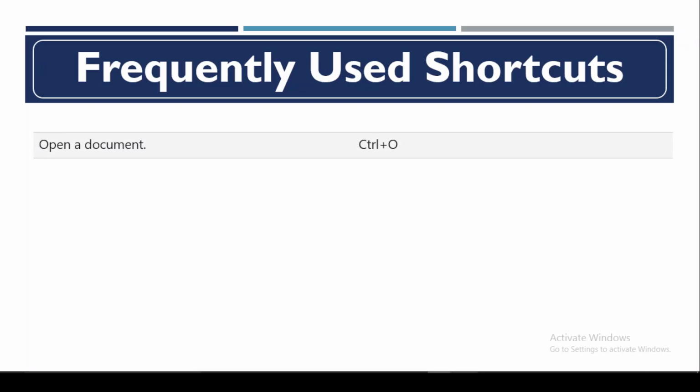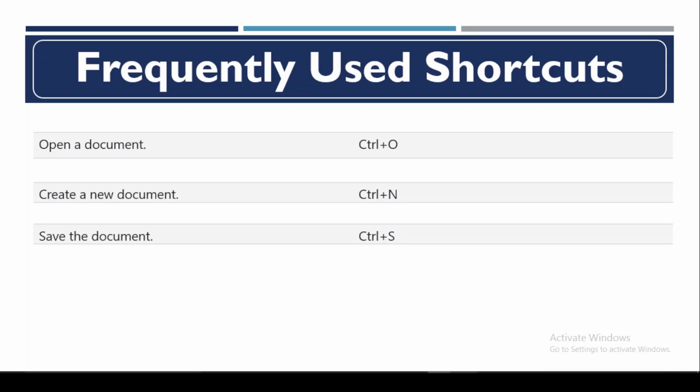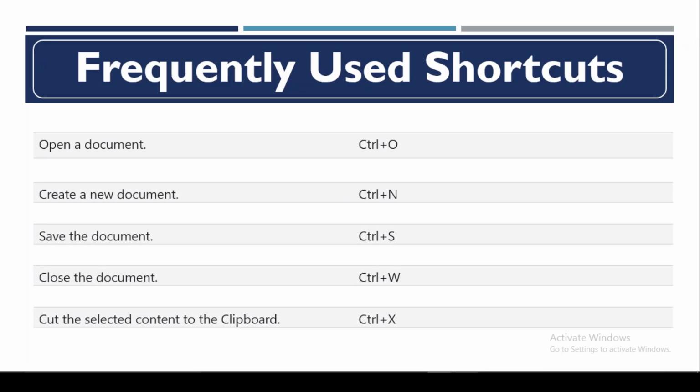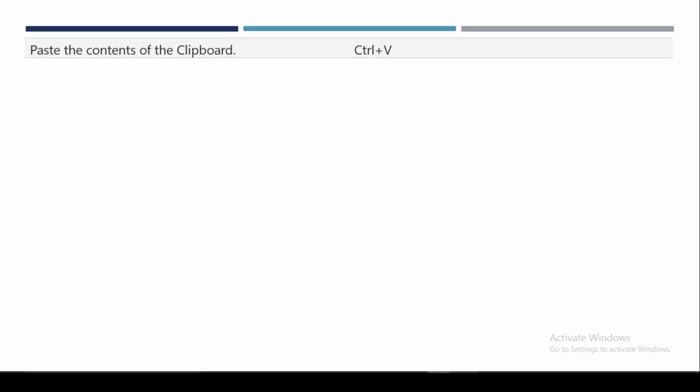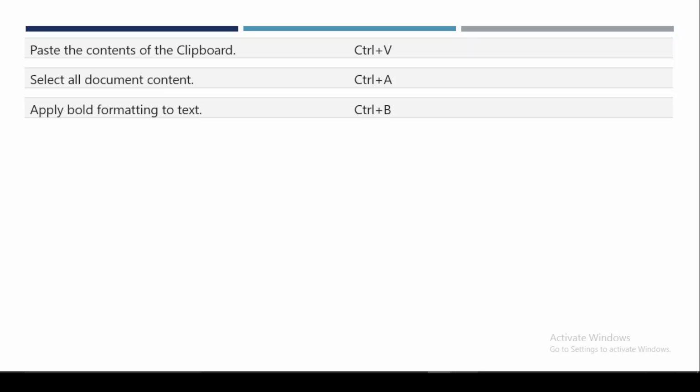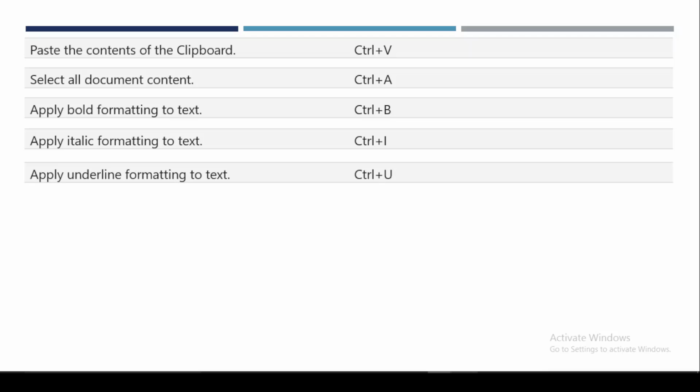Open a document, Ctrl+O. Create a new document, Ctrl+N. Save the document, Ctrl+S. Close the document, Ctrl+W. Cut the selected content to the clipboard, Ctrl+X. Copy the selected content to the clipboard, Ctrl+C. Paste the contents of the clipboard, Ctrl+V. Select all document content, Ctrl+A. Apply bold formatting to text, Ctrl+B. Apply italic formatting to text, Ctrl+I. Apply underline formatting